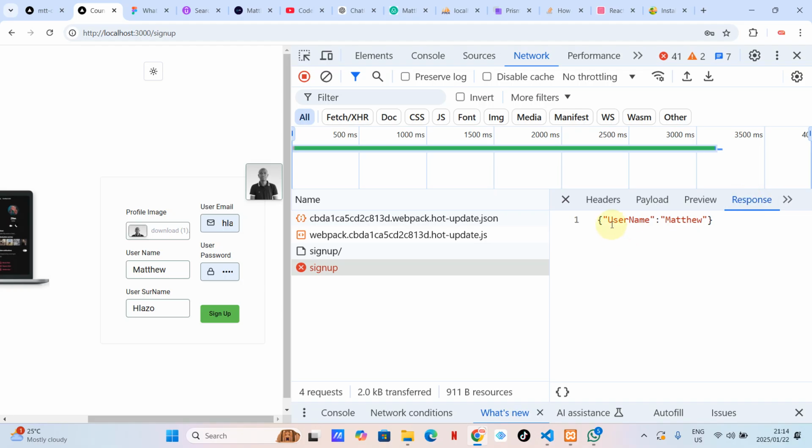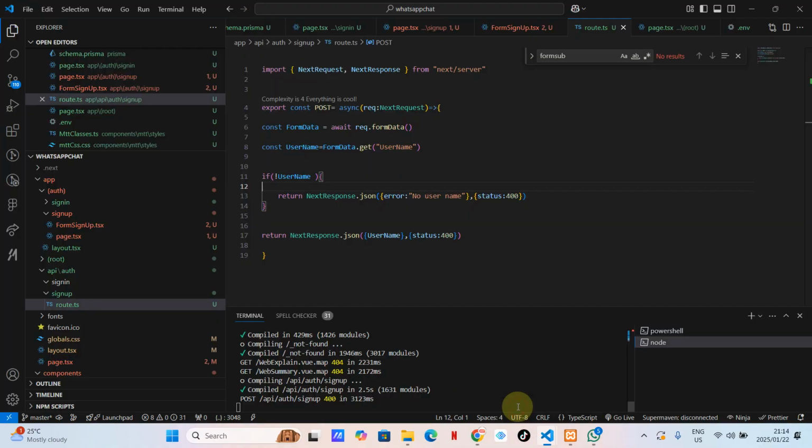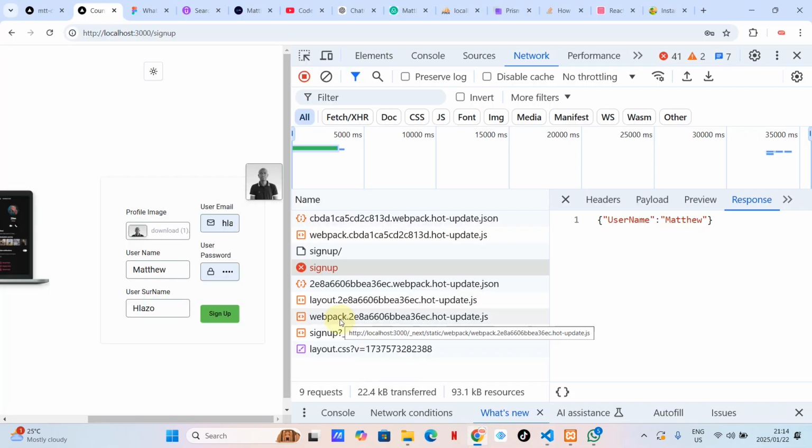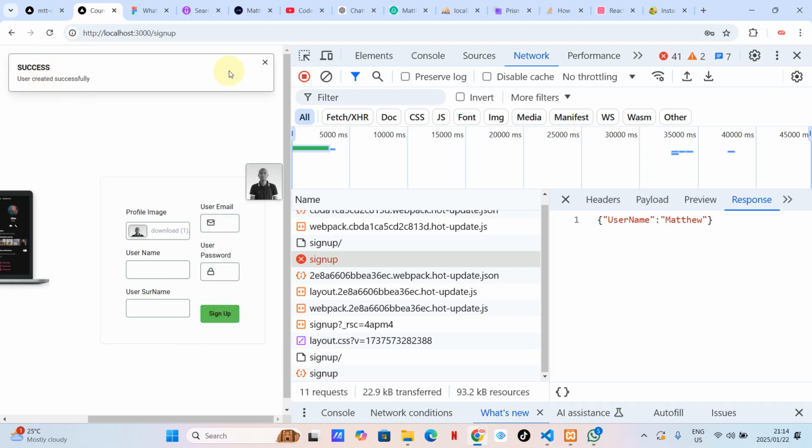Okay. It gives us the username, so that means we are able to get the username. It's Matthew. But why does it say there is an error? Obviously it's my response code, guys. My apologies. This means an error. So when everything goes well, more especially when it comes to creating data, I think I'm supposed to put 201. Okay, so let's just sign up again to test. As you can see, guys, everything has been successful, and